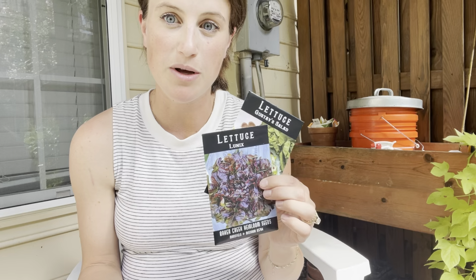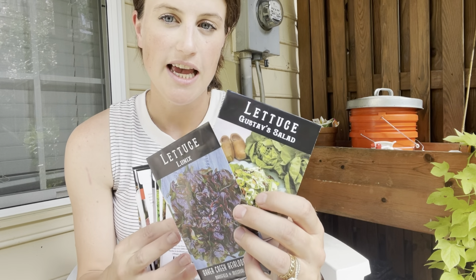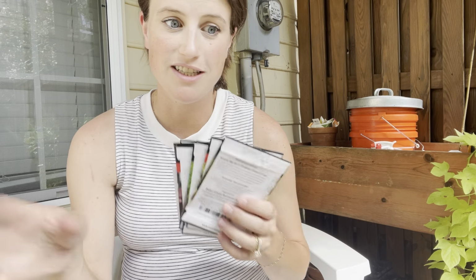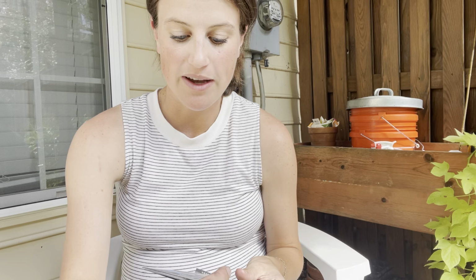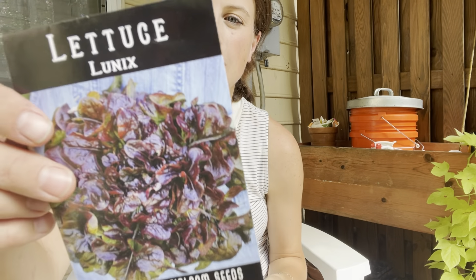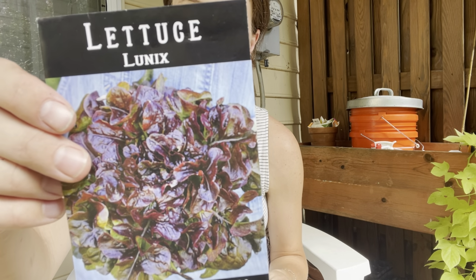And then I have a couple of other kinds of lettuce, and I just want to have little lettuce plugs that I can throw into different containers at different spots. If the squirrels do dig up some things, I'm not going to feel as sad if I have something to replace it with. So I have Lunix, which is a really pretty oak leaf style,